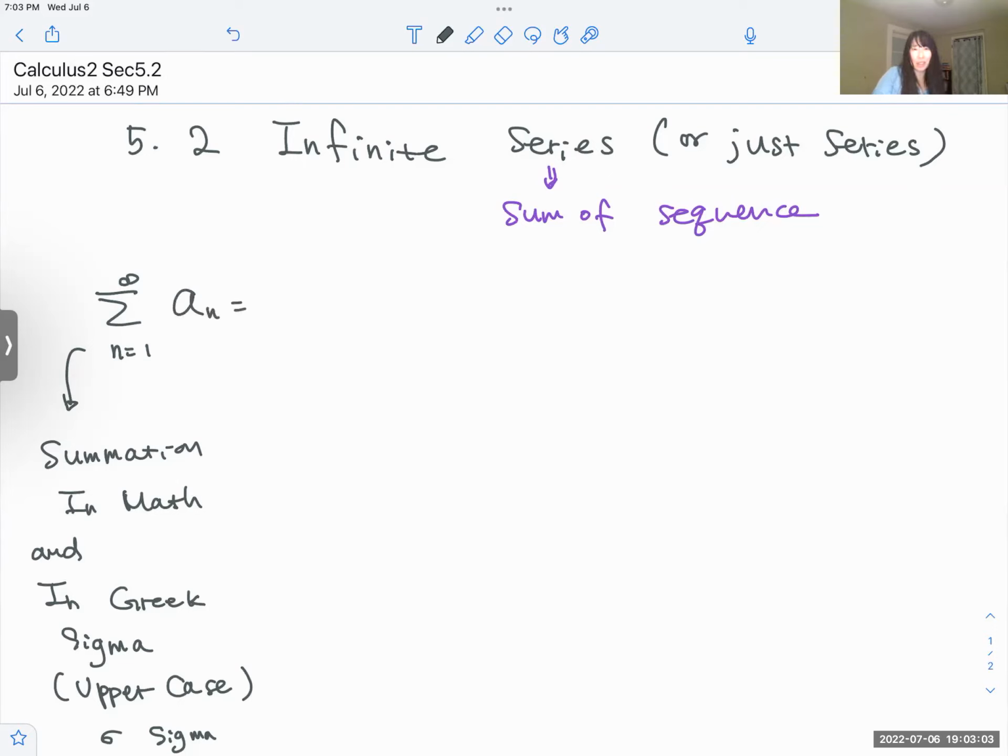So how do we indicate this one? We have a summation, means we add each term, okay? So a sub 1 plus a sub 2 plus a sub 3, infinity many, right? So a sub n and so on, right? Okay. Now,